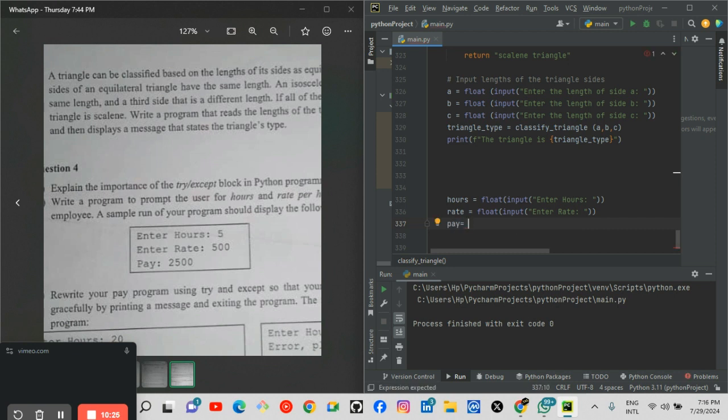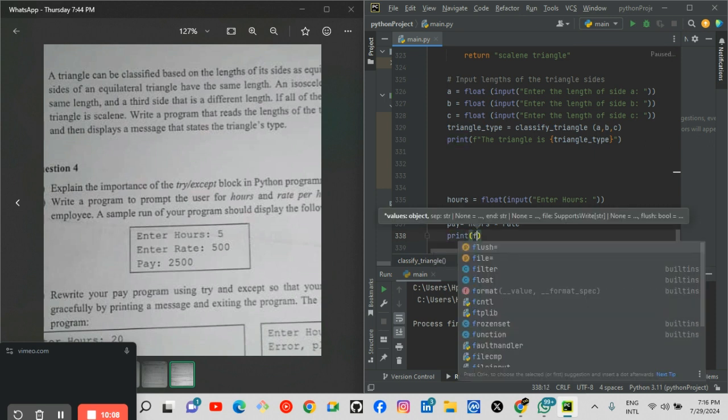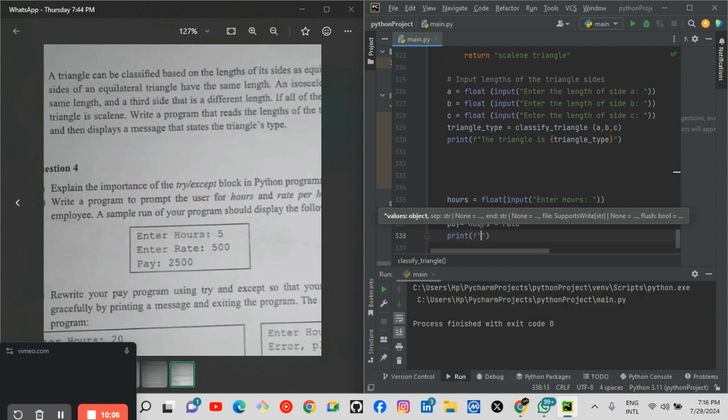So pay is basically hours times rate, the variable hours multiplied by rate. Then let's print our results. For printing the results, let's make use of string formatting. I kind of like it. So pay, colon, then we should have our pay.